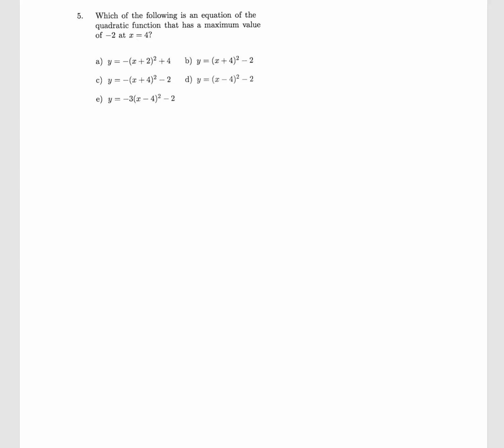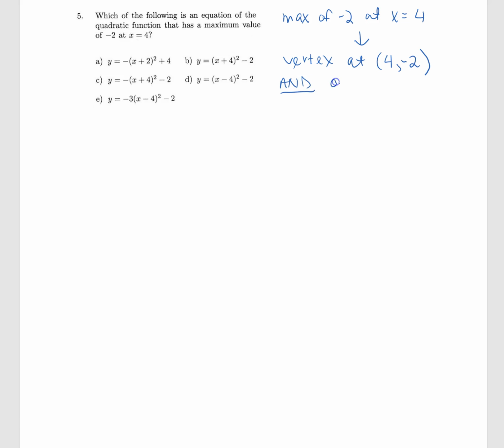Question 5 asks, which of the following is an equation of the quadratic function that has a maximum value of -2 at x equals 4? So this information here, that there's a max of -2 at x equals 4, means that the vertex of our function is at the point (4, -2), and